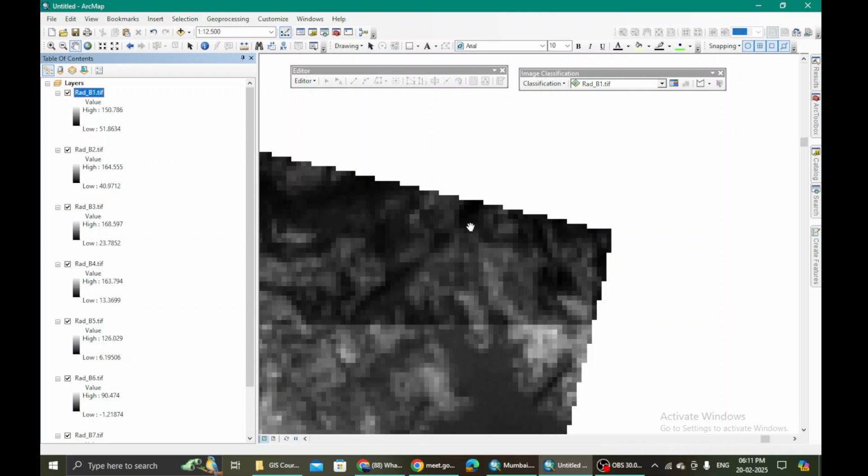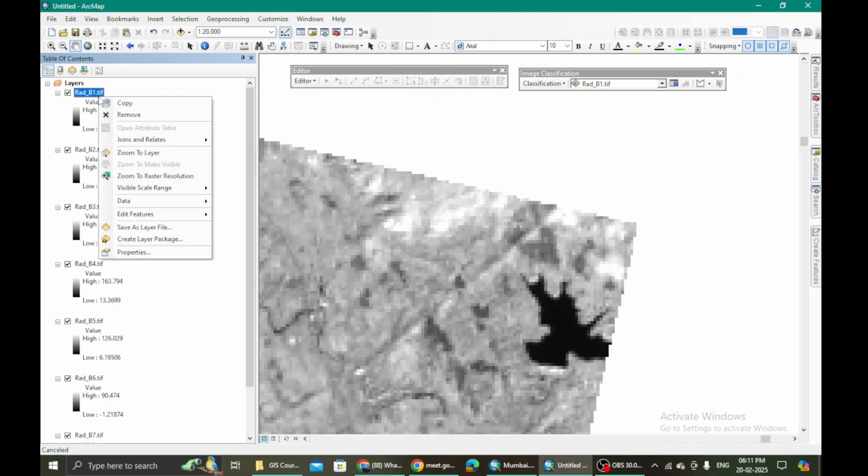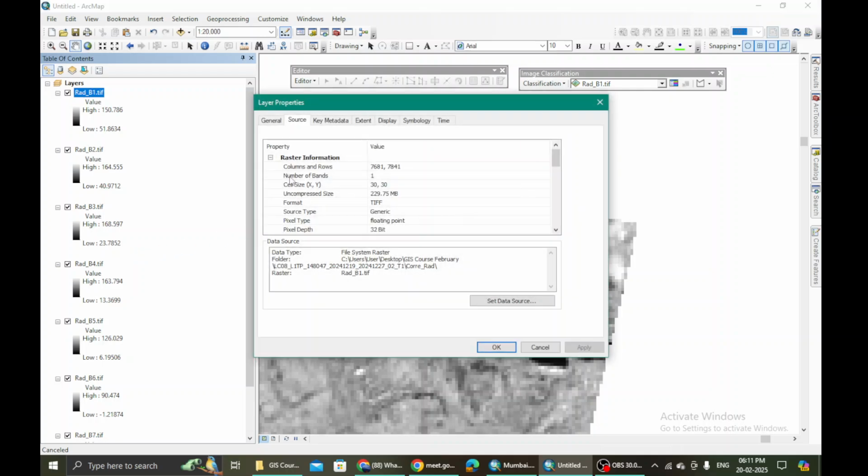Then moving on, let's go again to properties. Under properties, we go to source, and we see that it is a 32-bit image, floating point type, and the color map is absent right now because it is only in black and white, that is grayscale. What else do we need to know? These are the extent, that is the top corner.